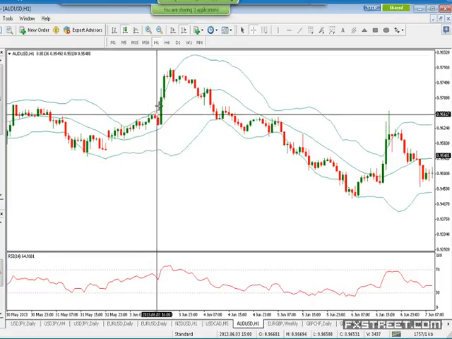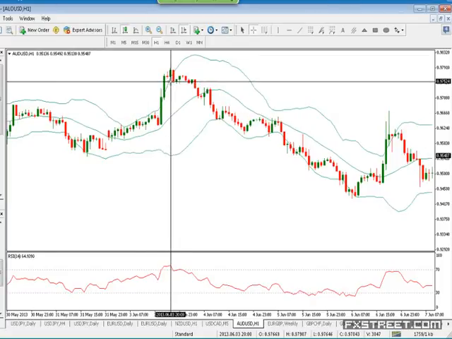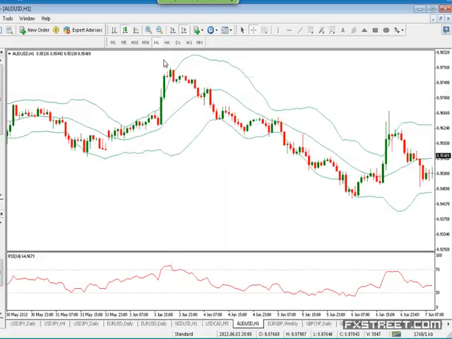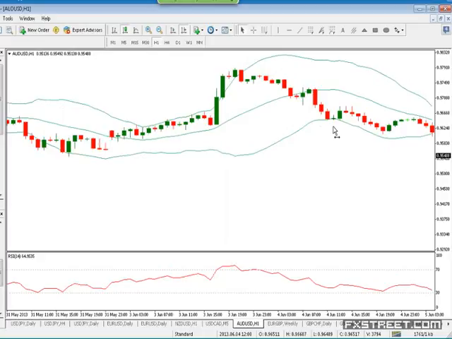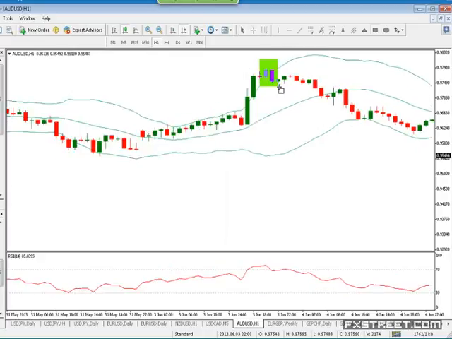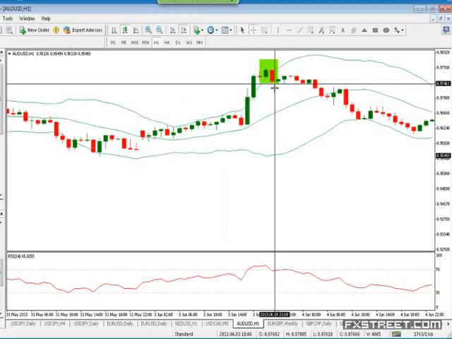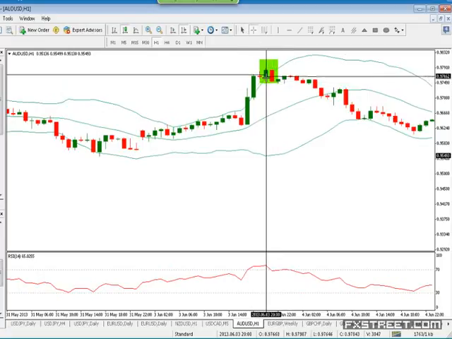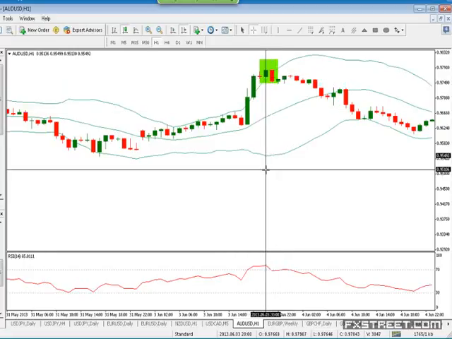When you have a particular characteristic, let's say in an uptrend, you have one bar closing outside the band. Let's zoom this a little more. I'm talking about these two bars. When you have one bar closing outside the band and the next bar closes inside the band. Now this characteristic by itself, this two bar pattern on a Bollinger Band, is a very strong indication of a